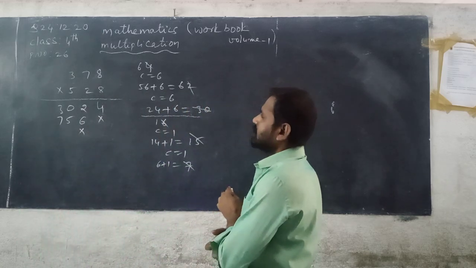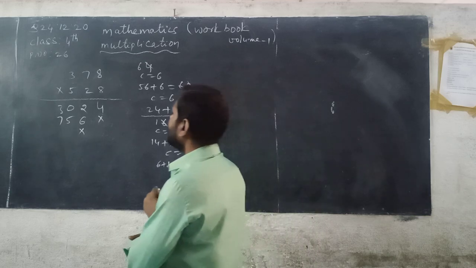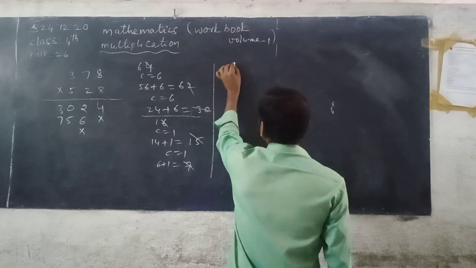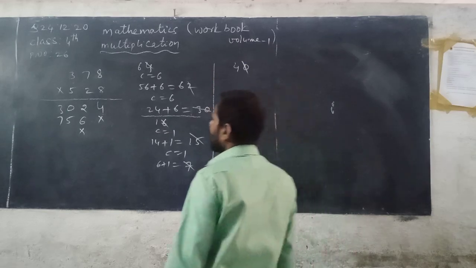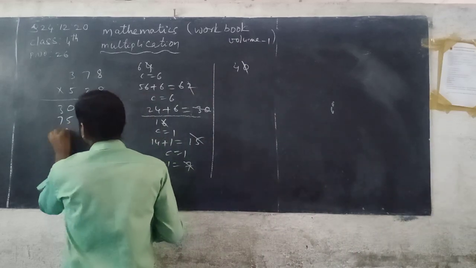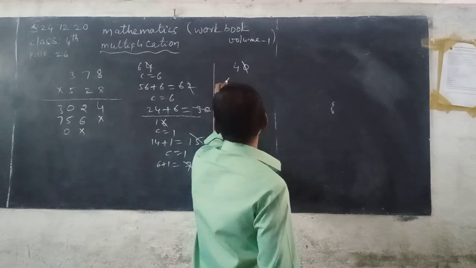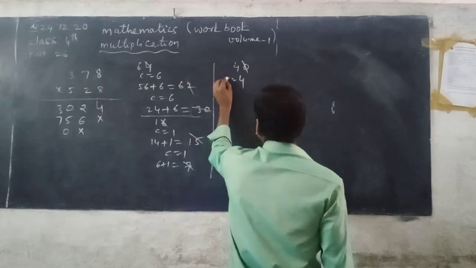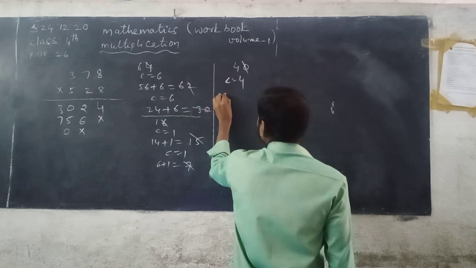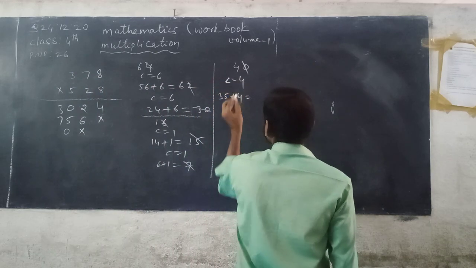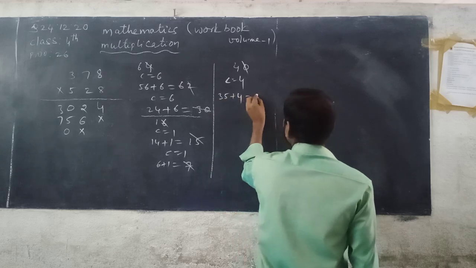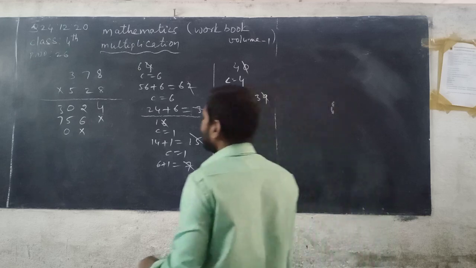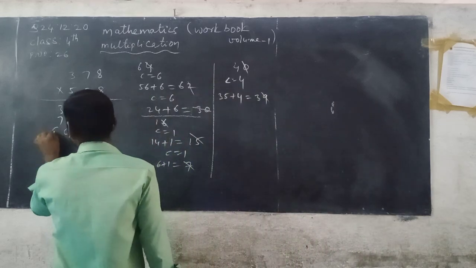The ones place digit, that is 8, multiplied with 5. 5 eights are 40. So 0 is taken and written down below 5. Now carrying 4. Next 5 sevens are 35. 4 is added to 35, that is the previous carry. 35 plus 4 you get 39. In it, 9 is taken and written down below 7.